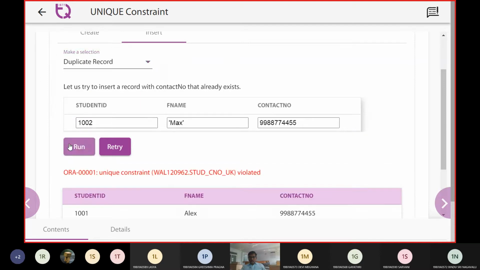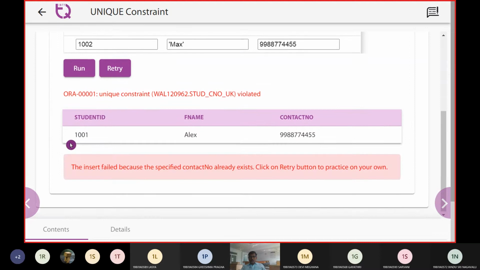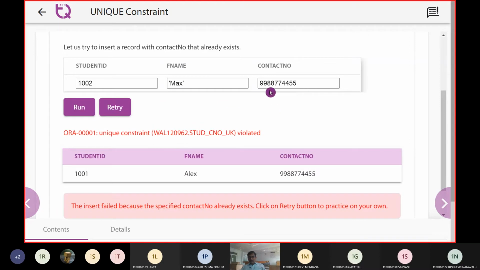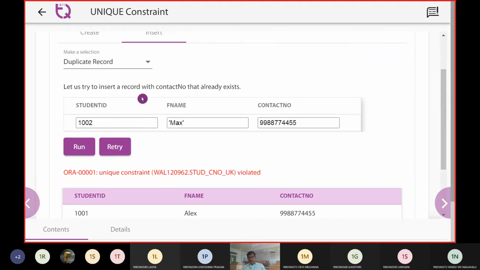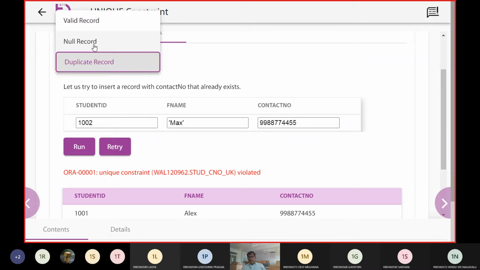Now if I hit this query, assume the same mobile number. Earlier we had a mobile number of 4455, and the same mobile number we are now giving again. That is not going to be accepted. That is the reason why the contact is going to be found and the violation happened.